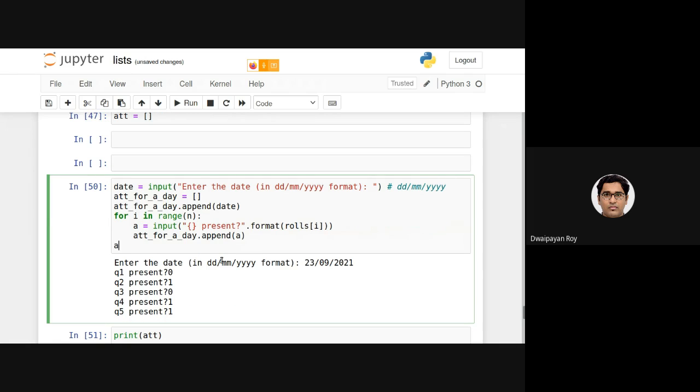Finally, what we need to do is this attendance, which is a master sheet. You can see this att is a master sheet. We should be appending that with this.